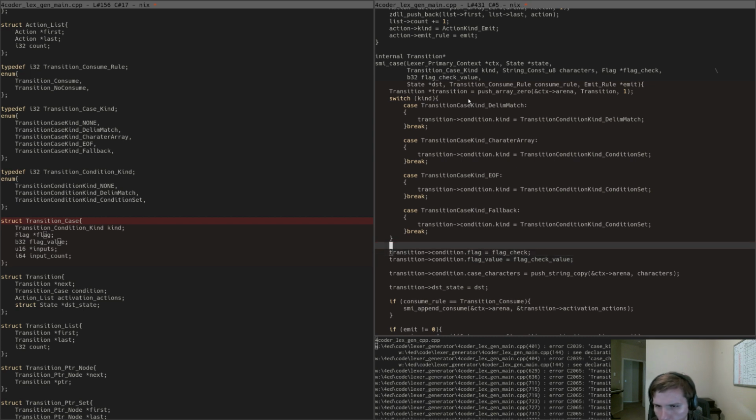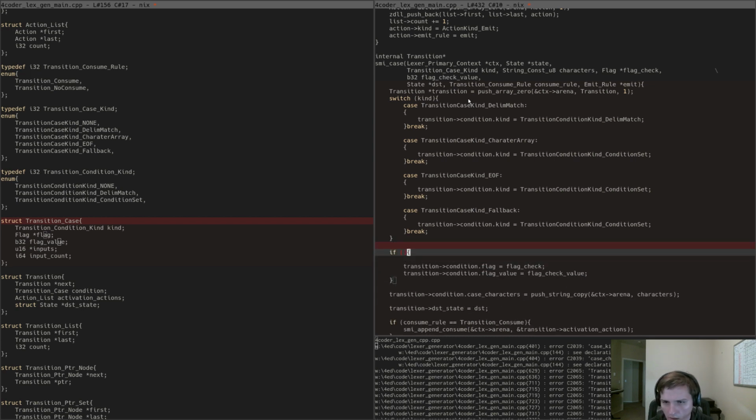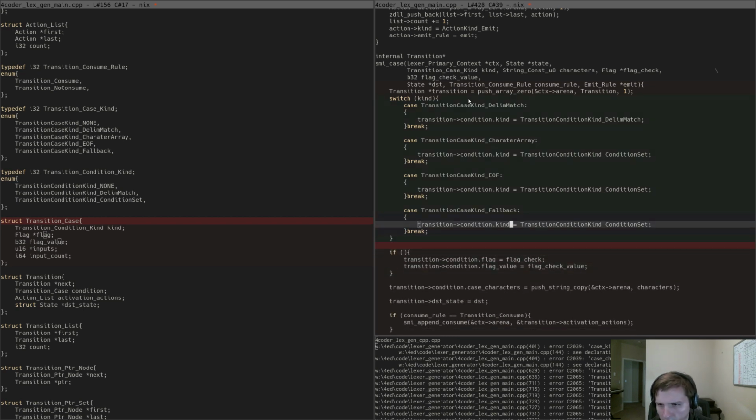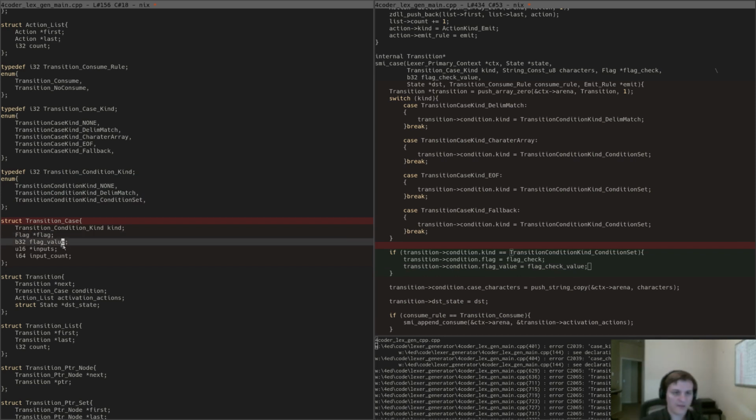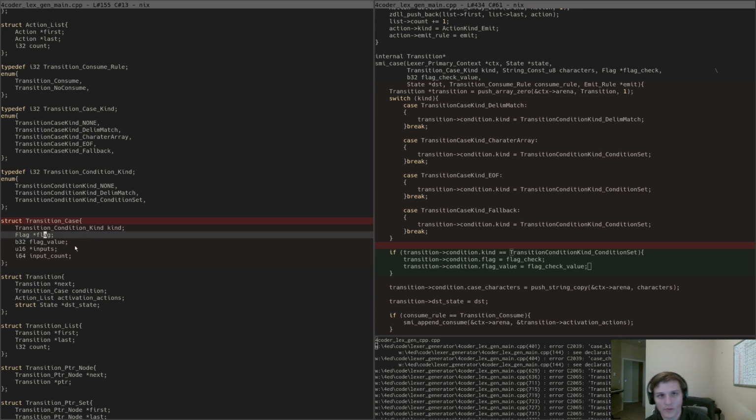It goes, if after initialization my condition kind is a condition set, then do this code. Now this code's actually wrong too, because this needs to be a set, like a list of pinned down flags that can be more than one pinned down flag, right? So that up to all of the flags can be pinned down, or they can all not be pinned down, or any in between portion,